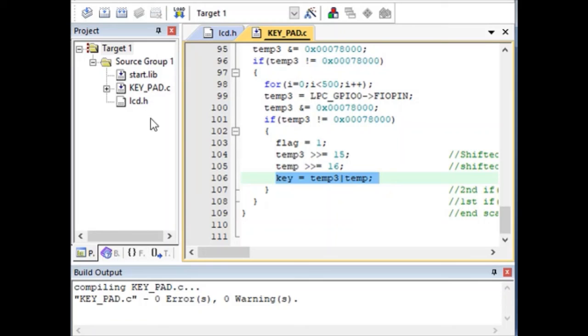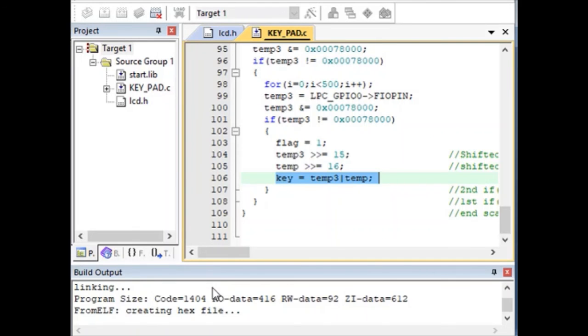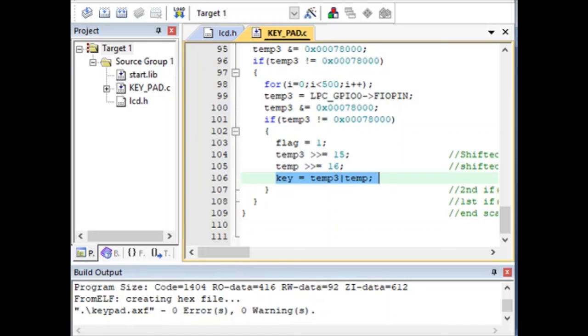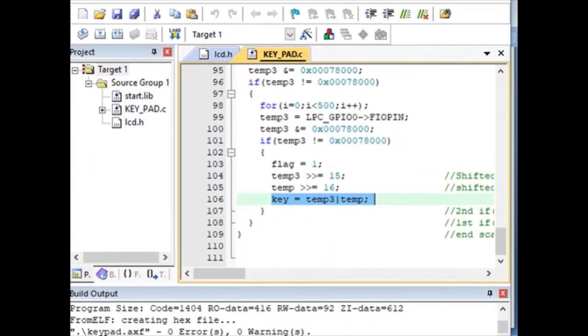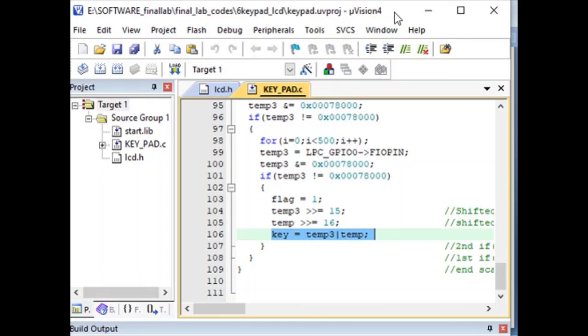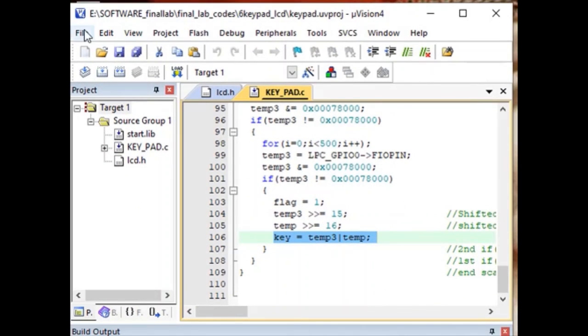Once this is done, we go for the build option. Once the target is built, the hex file will be created as per the options for target. Your hex file will be located in this layout.